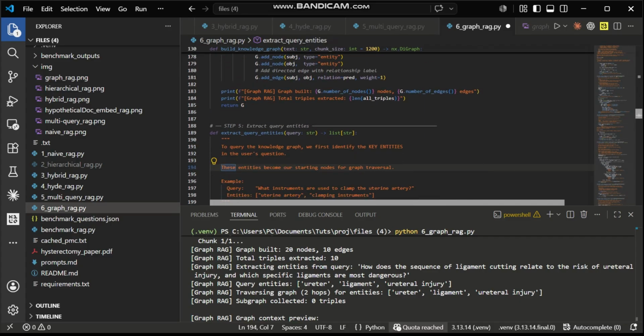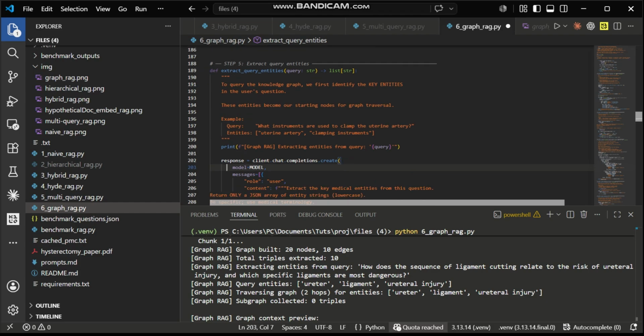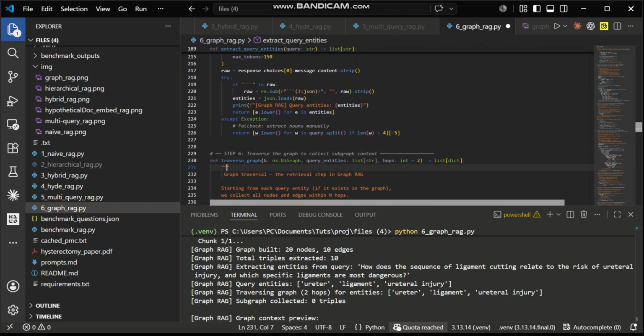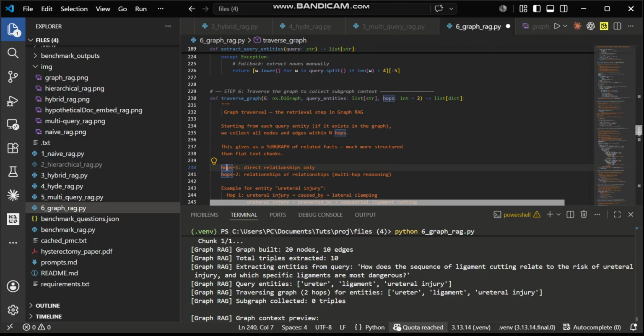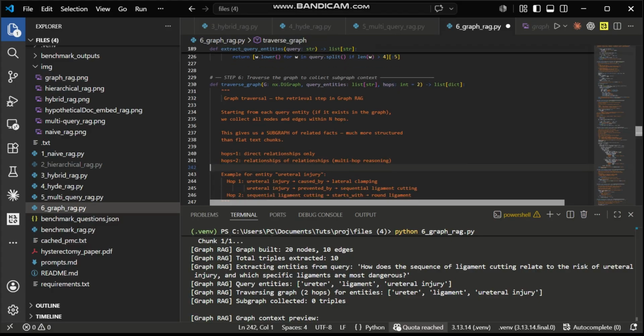So now we have already done that step. The next step involves extracting the query entities. Based on the question that the user might have asked, we have to extract the entities. We have already built a knowledge graph over here. Now once we extract those, the next step involves traversing the entire graph so that we can go ahead and retrieve the subgraph. This subgraph reasoning is the one that we shall use as our context. Okay, you have to traverse this directed graph. Once we do that,